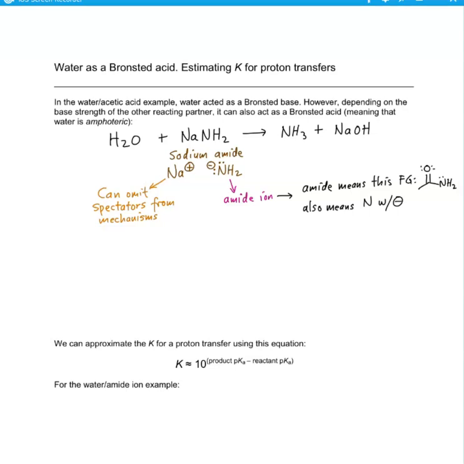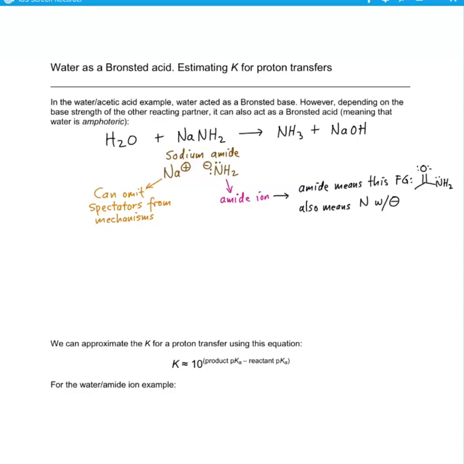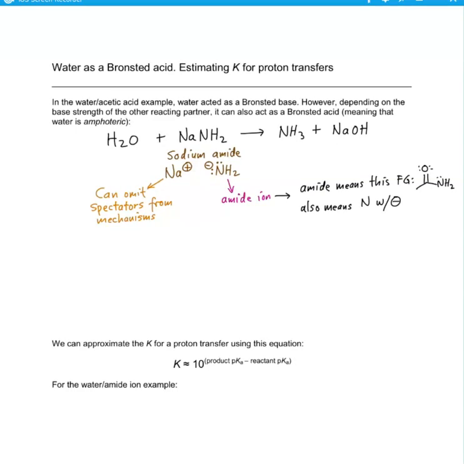I like to recommend that people leave them out because when they're in there, we have a tendency to want to have them do something. It's like, why draw it unless it's going to do something? Well, no, it's not going to do anything. It's a spectator. So you can leave it out and that's okay. We know it's in there. We know that charge is always balanced and conserved. Okay, so if we have something with a negative charge floating around, it's got to have something with a positive charge to balance it. But because they're spectators, they're not participating in the reaction, so we can leave them out. That's what we're going to do, leave out that spectator when we draw the mechanism, which is what we're going to do now. So here's water,